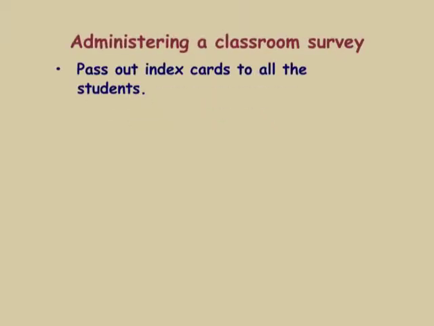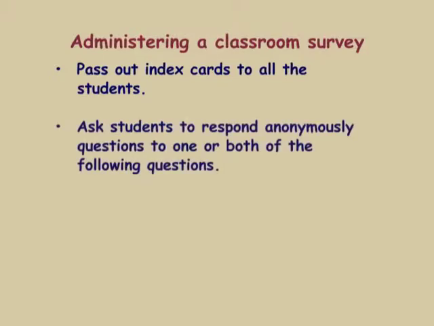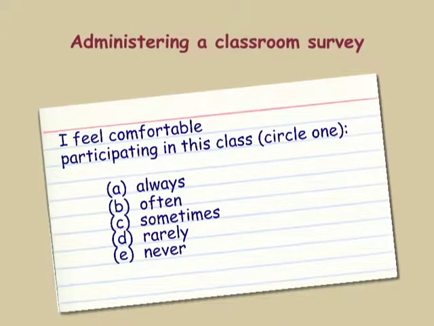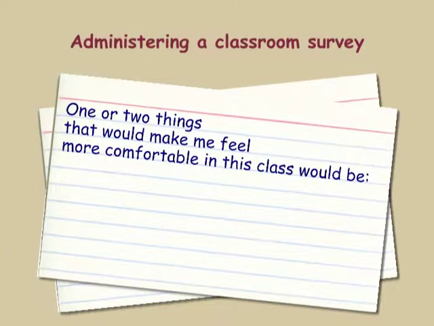One of the best ways to ascertain the quality of the classroom climate is to ask the students how they feel about it. You can pass out index cards to all the students. Ask students to respond anonymously to one or both of the following questions. "I feel comfortable participating in this class." Circle 1: A being always, B being often, C being sometimes, D rarely, and E never. "One or two things that would make me feel more comfortable in this class would be:"